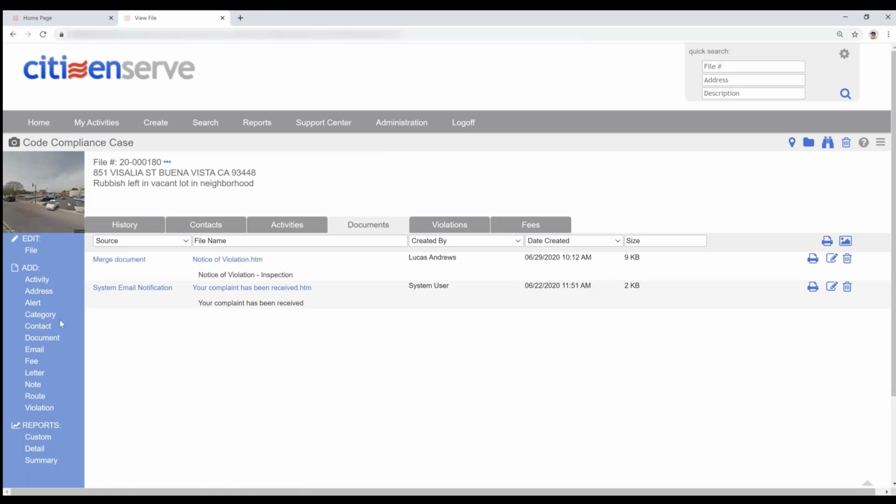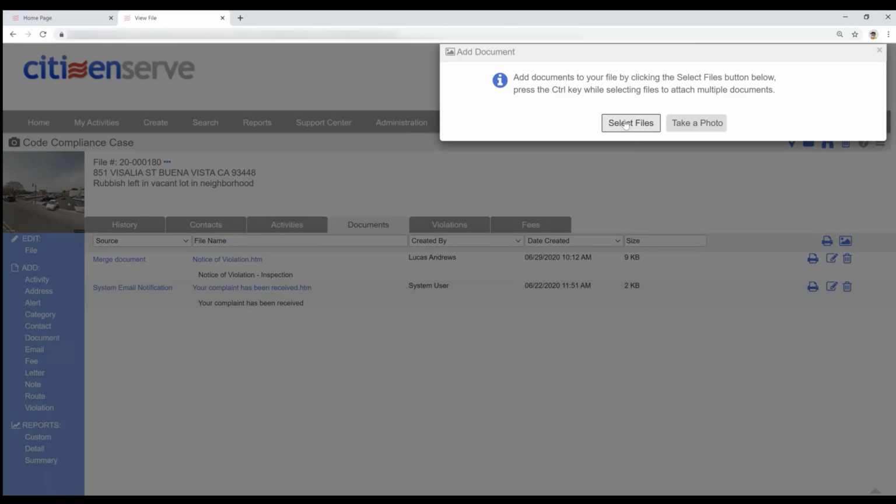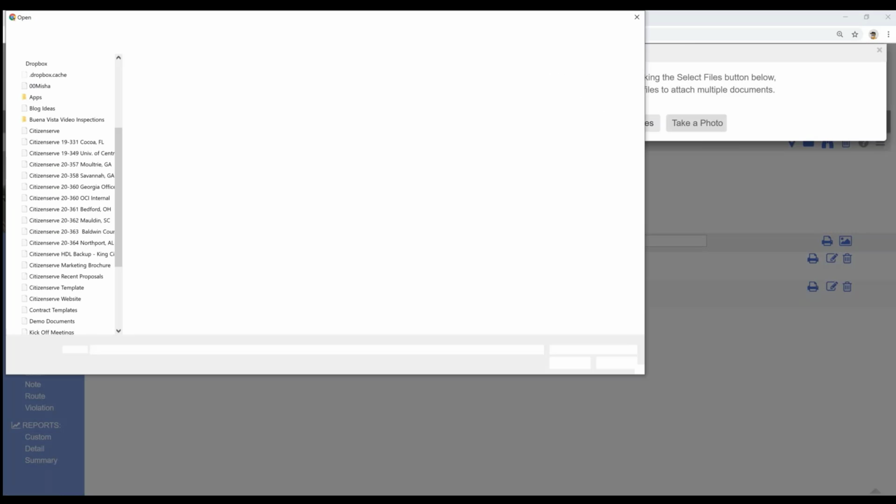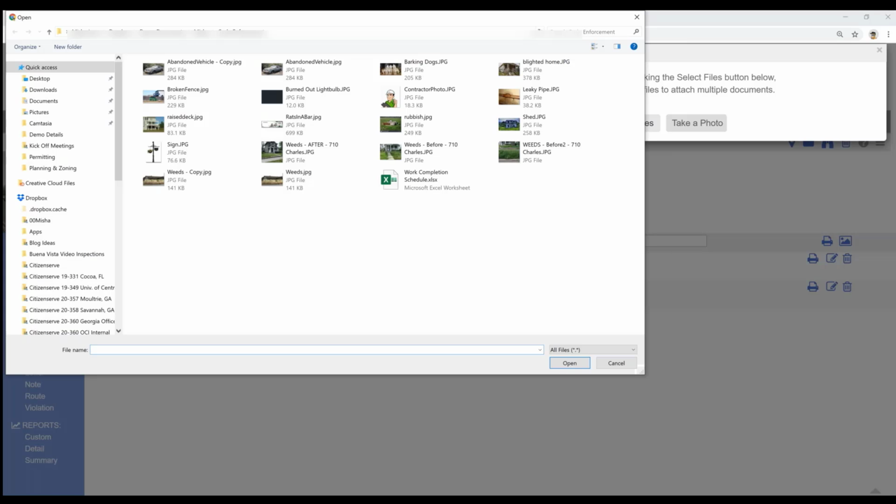Now, let's go do that. We'll update some documents. So we'll click on the document link here, and we'll select files. Previously, I did this on my iPad where I selected a document off my iPad, but now I want to select, I have a debris, there's some rubbish, and then I have an abandoned vehicle. So I'm going to pick these 2 pictures,